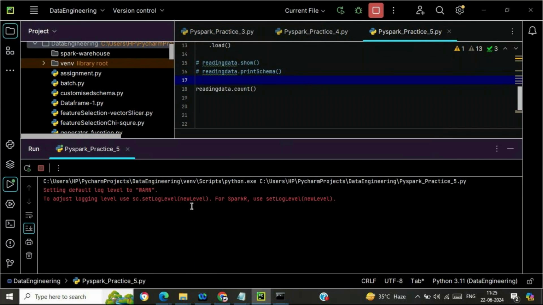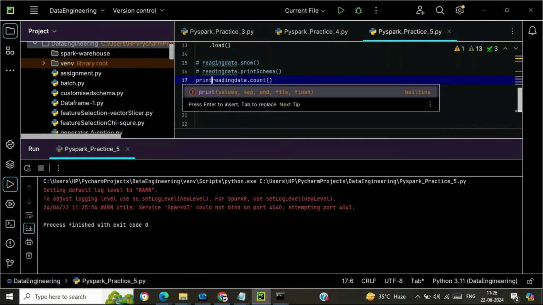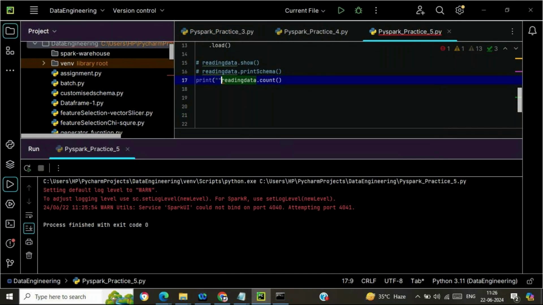I need to print this count, or I can assign the count to a variable and then print that variable as well. Execution has been done and no output is there. So what I need to do is print. Print total number of records